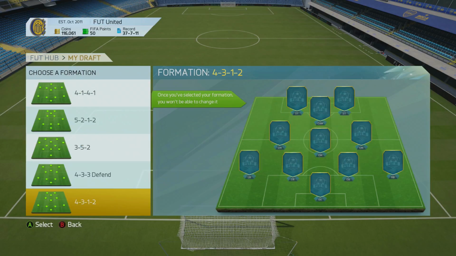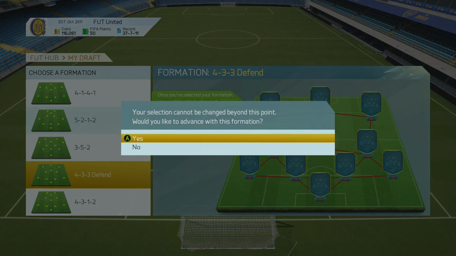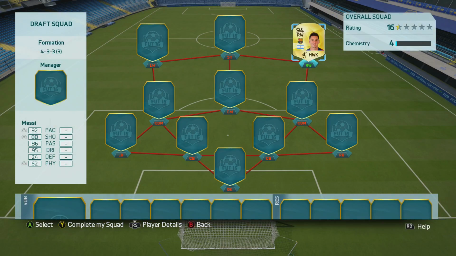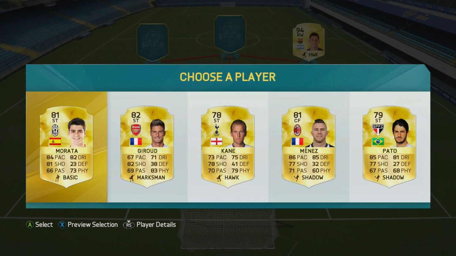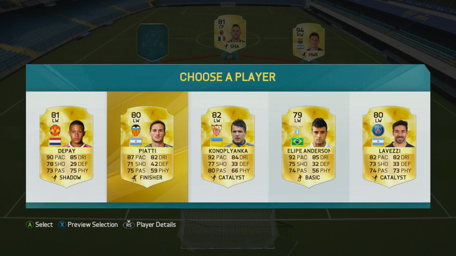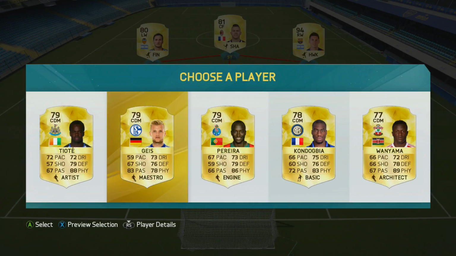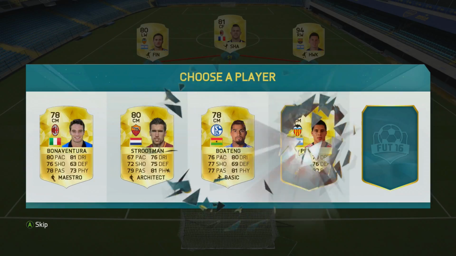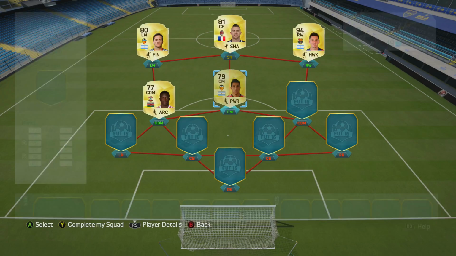So getting started here, I decided to go for a 4-3-3 as that's probably my favourite formation in the game so far. Now when I'm choosing captains, if ever I get the chance to choose Messi, even if it's over Ronaldo, I always choose to go for him. Just because he's so good, he's such a clinical finisher, and especially as he's on the right wing now, I would prefer him up front, but now that he's on the right wing, he's able to get into the game